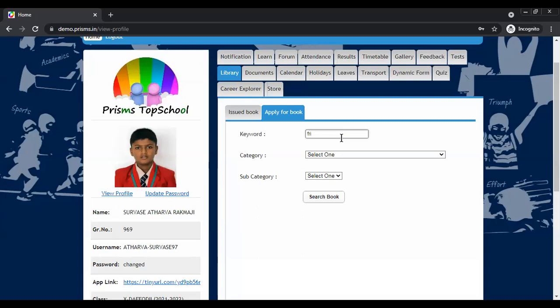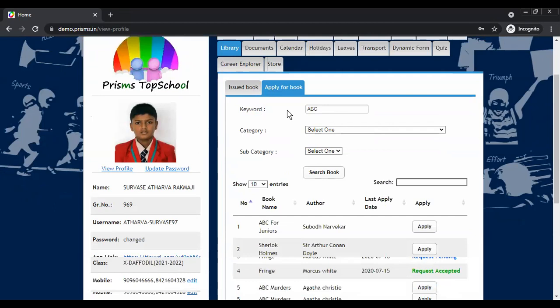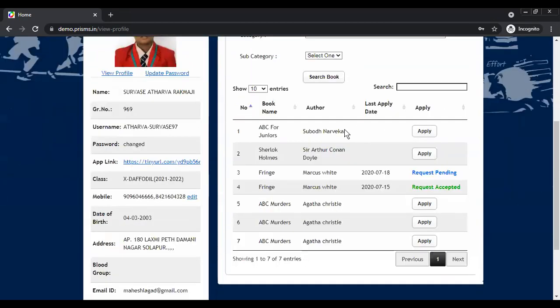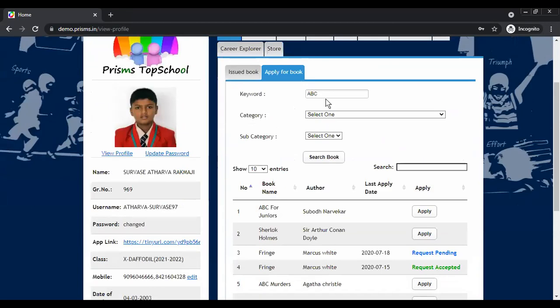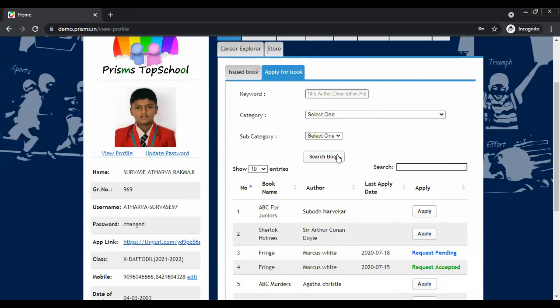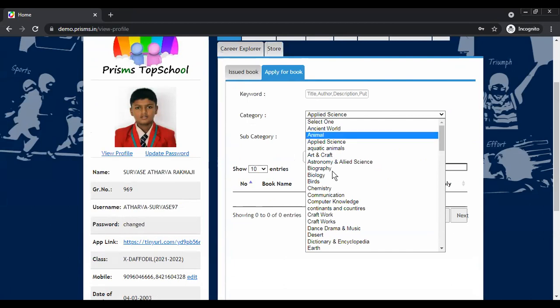So this also serves a purpose. They can see what different books are there in the library directly from the web login itself. Suppose the child knows just the keywords of the book, that is one option. Or if they want to find what all books are there on science subjects, that way also they can search through the various topic categories.